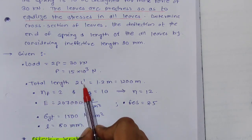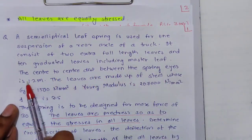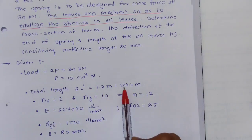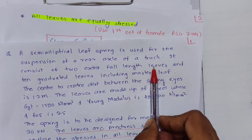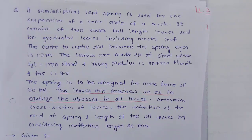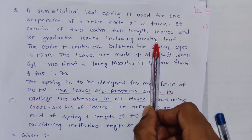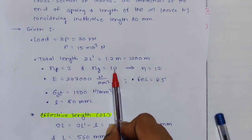Total length given, that is 1.2 meter. See, the center to center distance between the spring is 1.2 meter. So total length is 2L dash, given as 1.2 meter, that is 1200 mm. It consists of 2 extra full length leaves, so NF is equal to 2. Then graduated leaves including master leaf, 10 graduated leaves, so NG is equal to 10, and one among it is